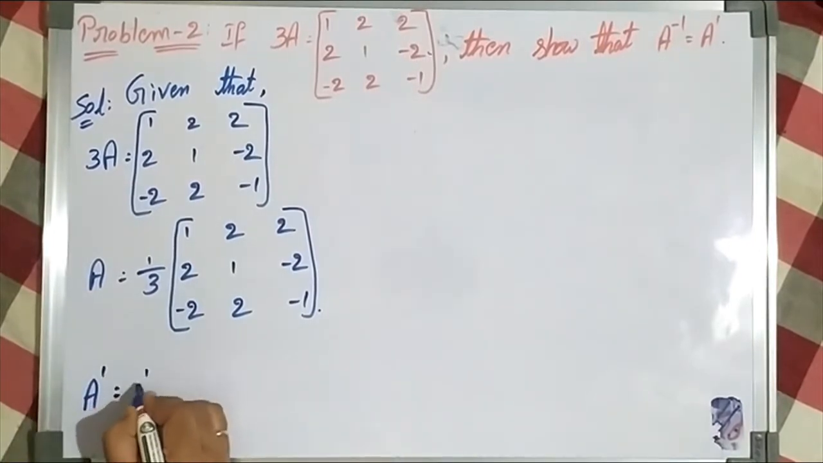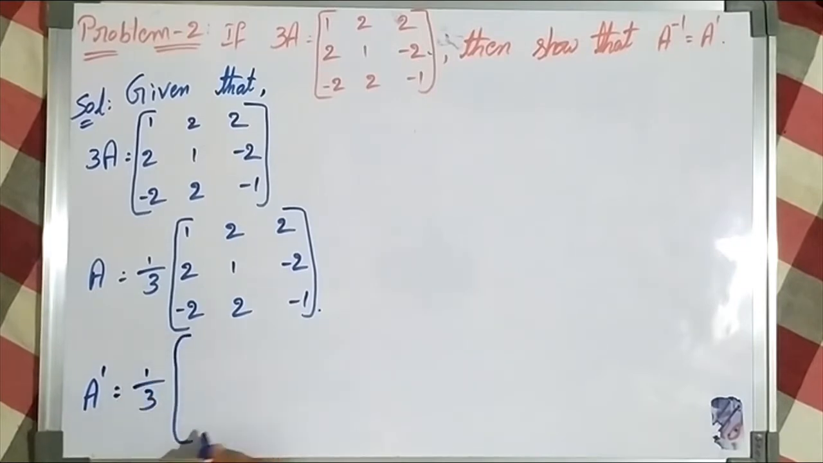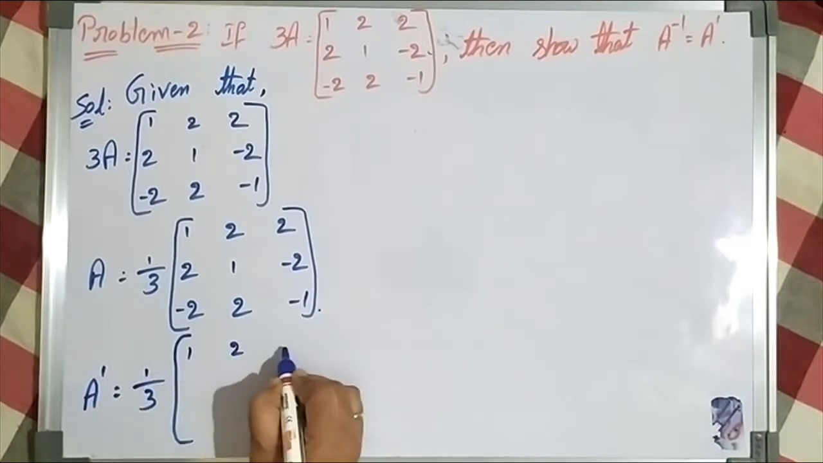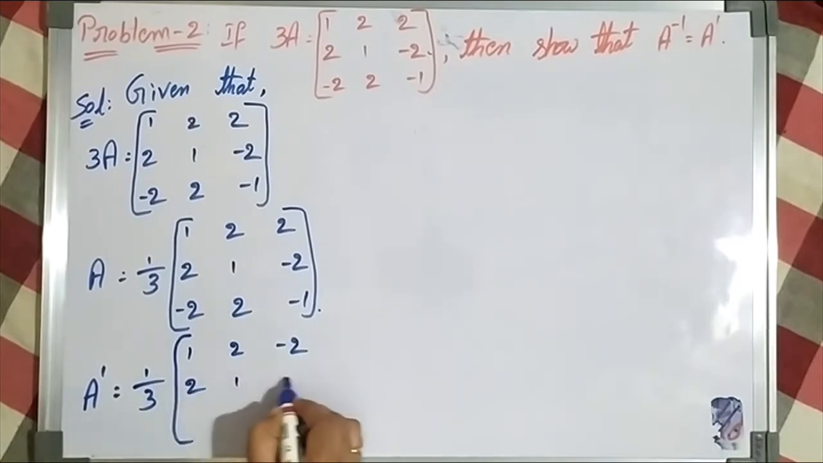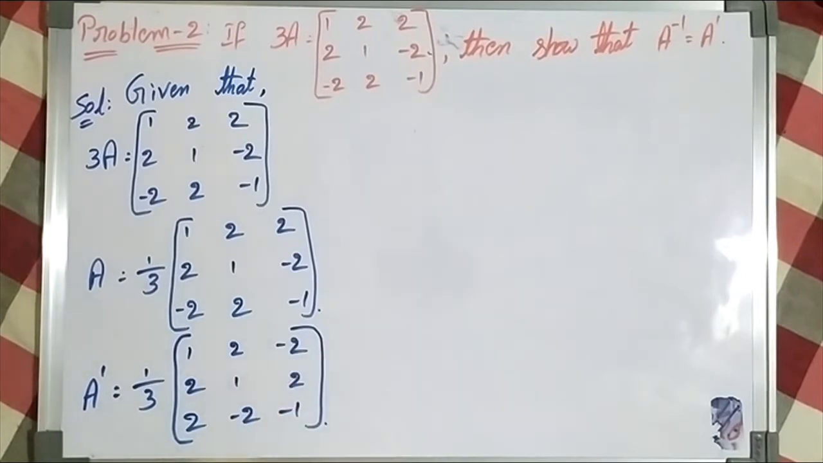A dash equal to 1 by 3 into [1, 2, -2; 2, 1, 2; 2, -2, -1]. This is the A transpose value. A transpose value is 1 by 3 into [1, 2, -2; 2, 1, 2; 2, -2, -1]. Next, we have to calculate the A inverse value. A inverse exists if the given matrix A is a non-singular matrix, and for that first we calculate